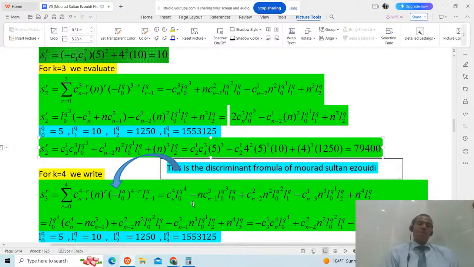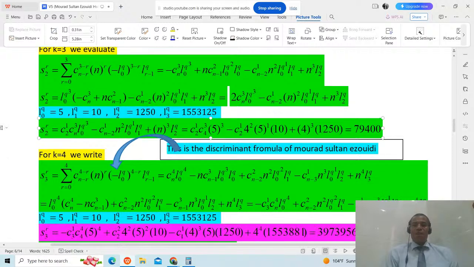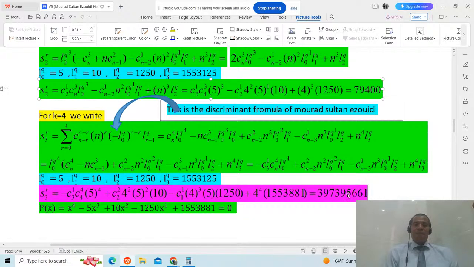This value, or the difference between the two combinations, is equal to negative combination 3 choose 1 times combination n choose 4 times 0 for the q raised to the power 4. The rest, learners, will never change. It will be the same in the formula. I didn't change anything because you cannot simplify more. So I will just use this last formula to calculate the value of S3,